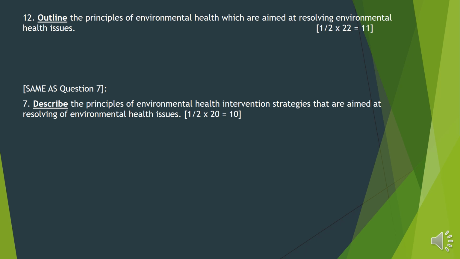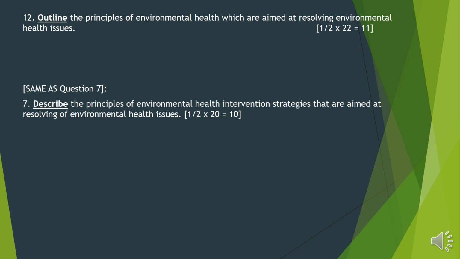Okay, so outline the principles of environmental health which are aimed at resolving environmental health issues. So we've already gone through a question like this one. This is the same as question 7, which had said describe the principles of environmental health intervention strategies that are aimed at resolving environmental health issues. So it's one and the same question, so it's expecting the same response, but you need to look at